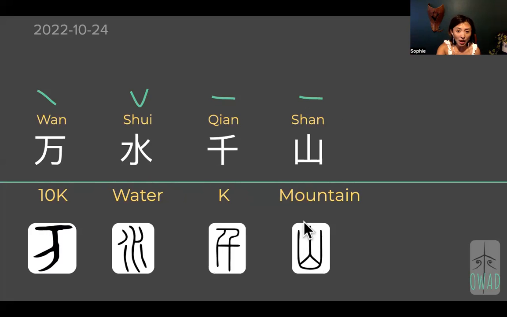So the same mountain image that we use, instead of using a triangle to mean mountain, which normally is how children would draw a mountain, right? We use three spikes, three vertical lines that eventually got abstracted to represent mountain peaks, something standing tall. And as a group of them, we just use three to mean multiple. And mountains normally come in multiples, right? It's not just one standing alone. It's a range of mountains. So that's our mountain. And 水, we have this water sign that has this